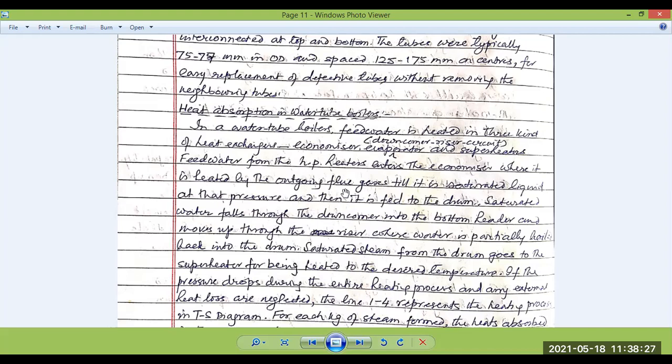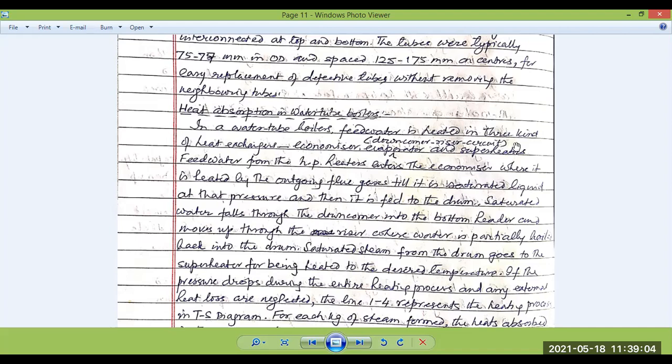Now, let us go through the heat absorption system in the water tube boiler itself. In a water tube boiler, feed water is generally heated in three defined kinds of heat exchangers. You know what heat exchangers are? Heat exchangers are different methods of transferring heat to the flowing water from the surroundings. There are different types of heat exchangers with different names, such as economizer and evaporator, with downcomer, riser, circuit. I have just told you there is riser and downcomer or header or footer.